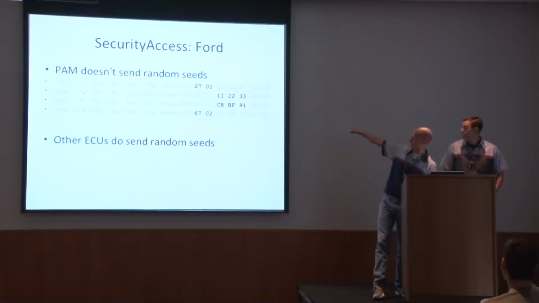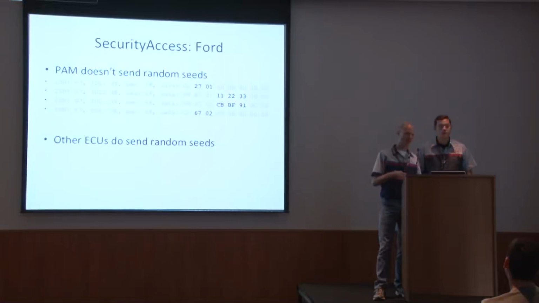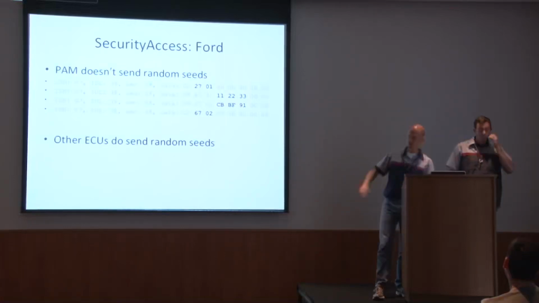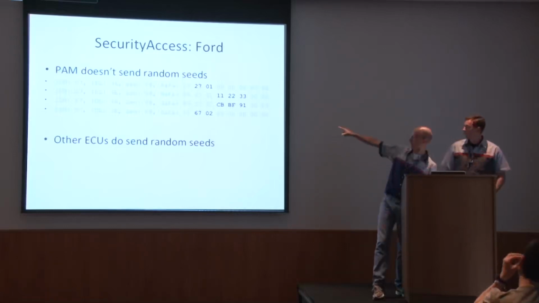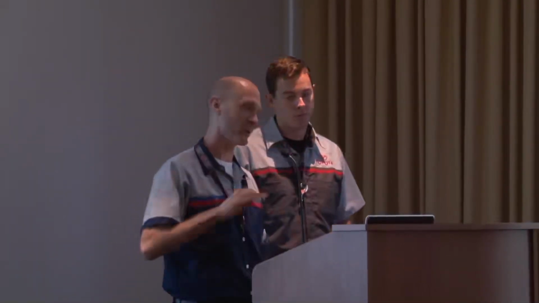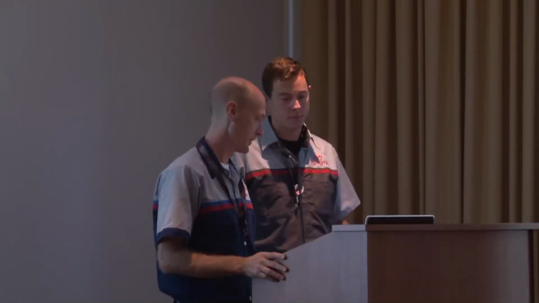First of all, there's an ECU in the Ford called the parking assist module, PAM, and they actually screwed this one up. The seed that it sends is supposed to be random, and every time it's supposed to be different. Here, it always sends 112233, which is wrong. As long as you see this once, you know that the answer is always going to be the same, and you can send it without knowing the algorithm or the secret. So they screwed up that, but all the rest of the ECUs, they did the right way.